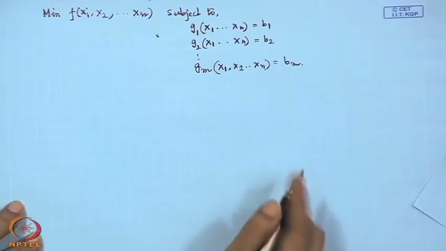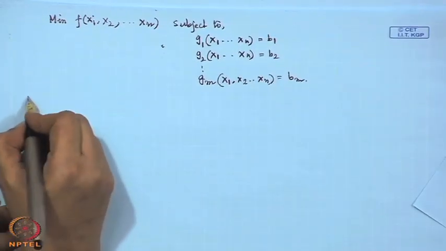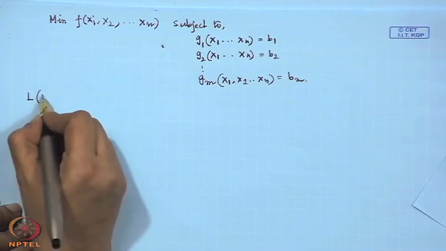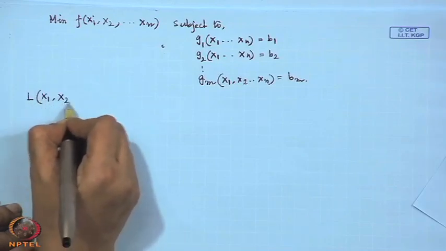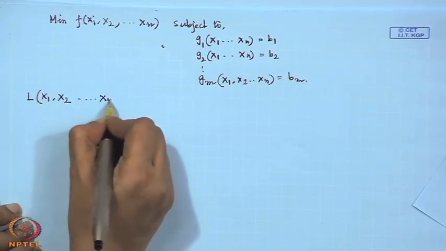Now, our corresponding Lagrangian function L involves n decision variables x1, x2, up to xn,